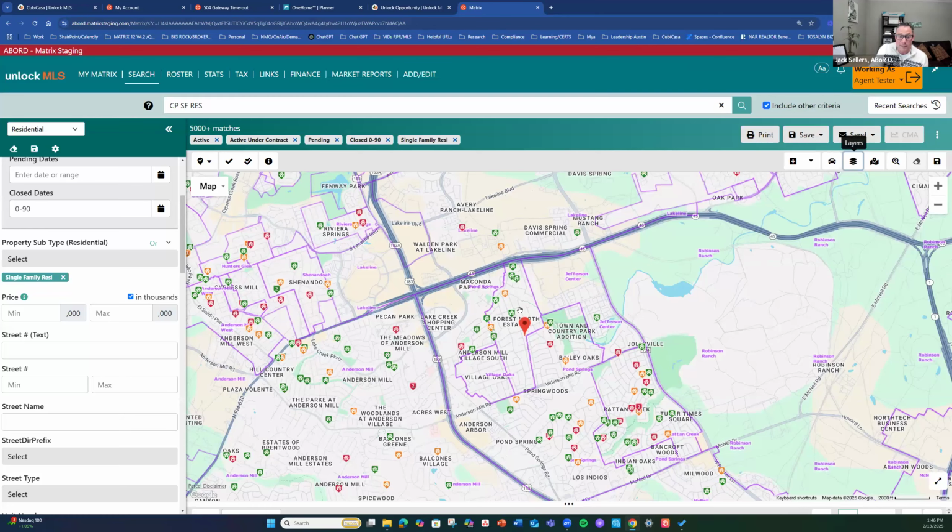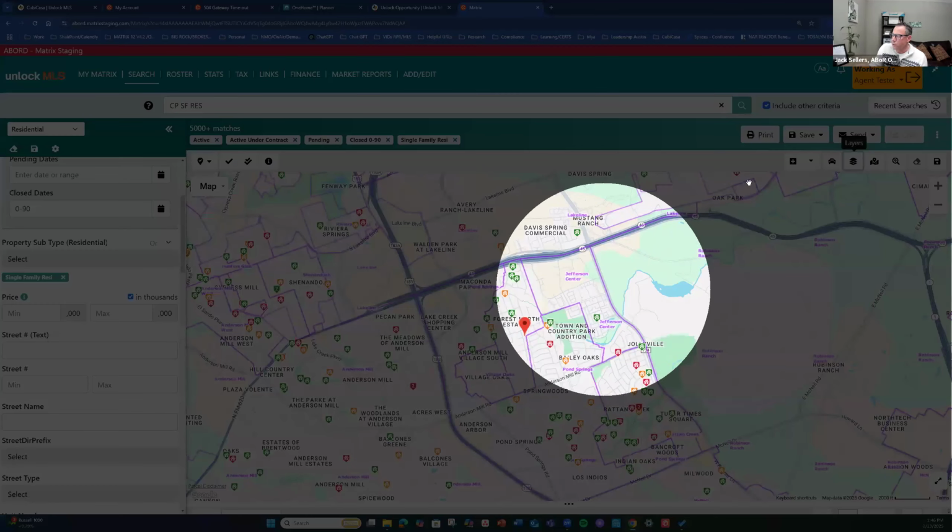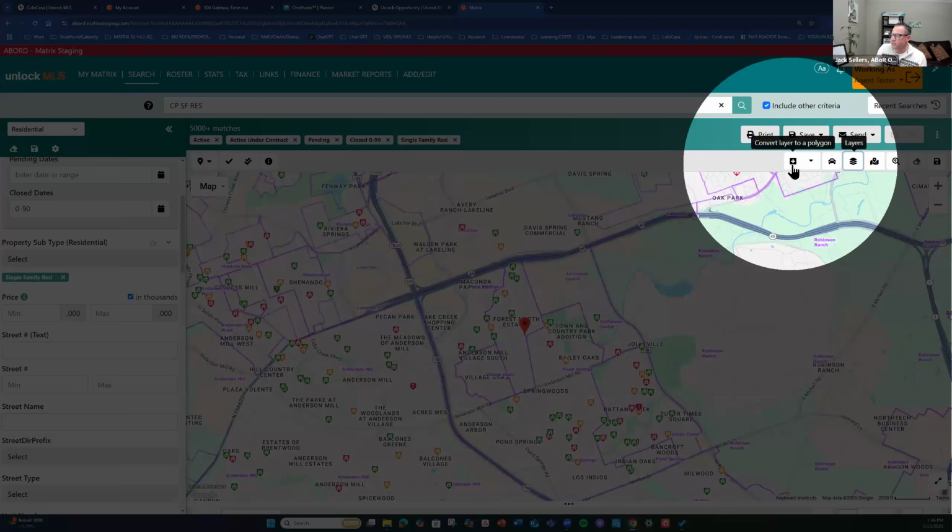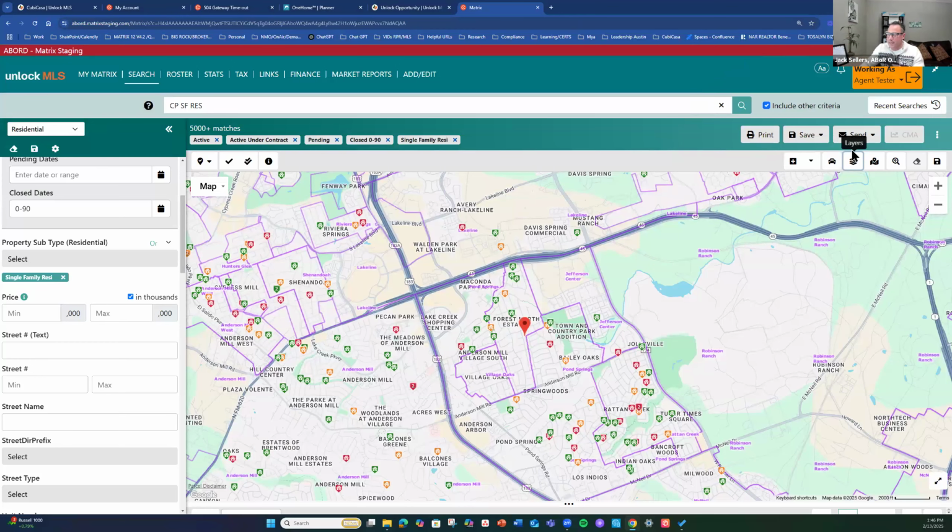And then what I found, guys, is they have this sweet little tool right here, this little plus sign that says convert the layer to a polygon. Because previously I'd overlay this and then I'd have to take my polygon and draw around this, and it took forever. So now check it out. You just click the little plus and click on your layer, and it's going to extract all the